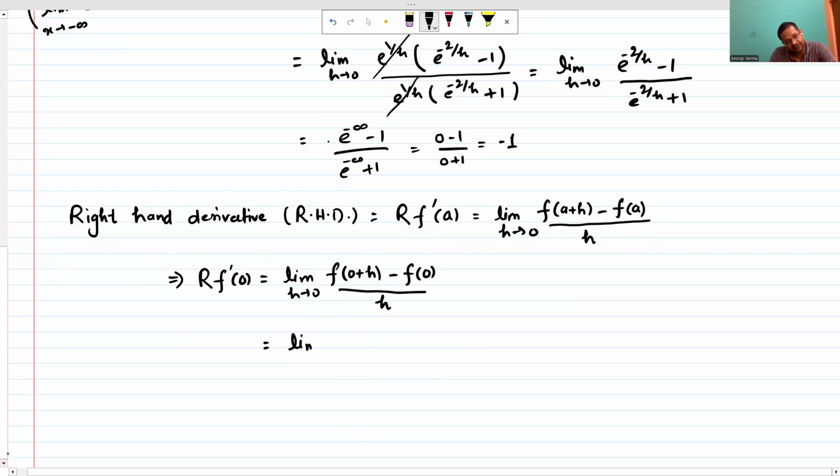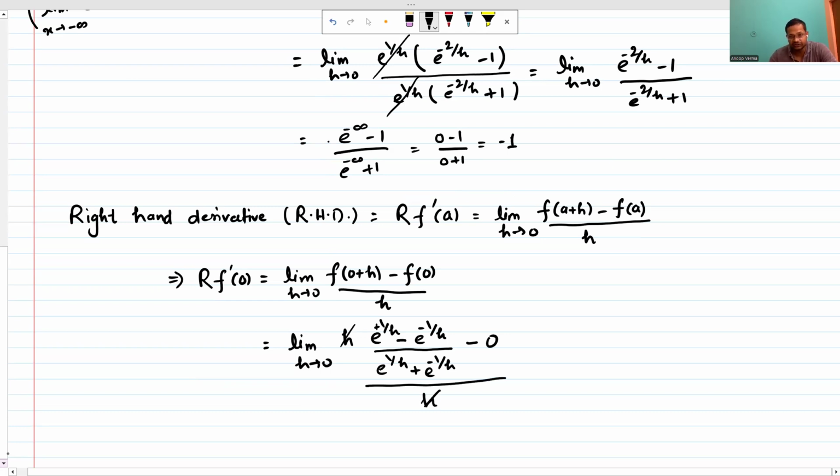Now we use this function, वैल्यू पुट कर देते हैं तो ये क्या हो जाएगा, this will be limit h tending to 0, और यहाँ पर हो जाएगा h e टू पावर 1 अपॉन h प्लस e टू पावर माइनस 1 अपॉन h, divided by e to power 1 by h plus e to power minus 1 upon h, यही हमारे पास फंक्शन था। बिकॉज यार h इज पॉजिटिव, 0 प्लस h मतलब h सबको पॉजिटिव में रखना है, तो it will become like this, minus 0 and divided by h। So this h is cancelled out, so what is remaining here,